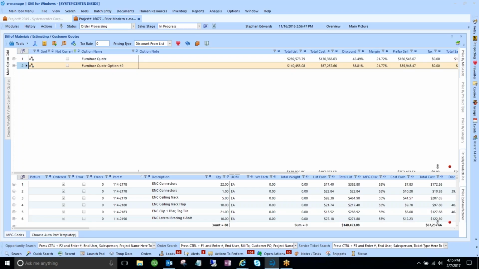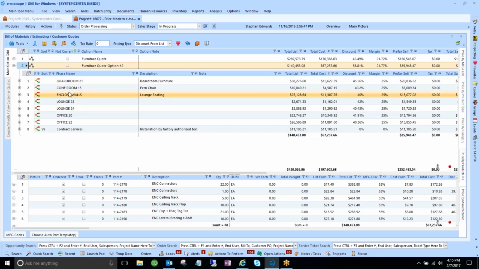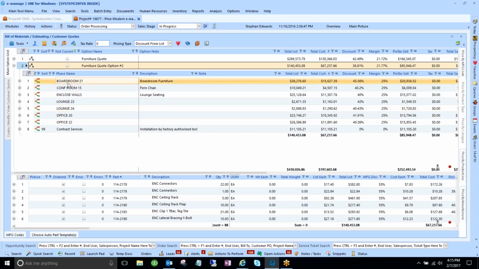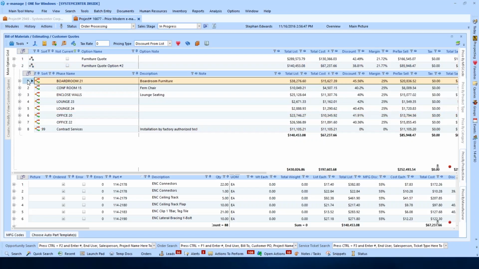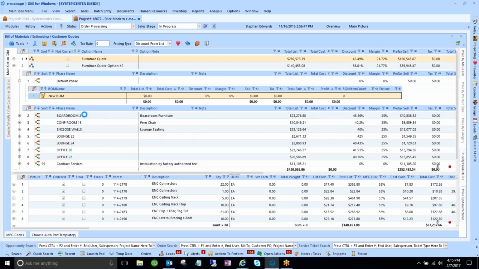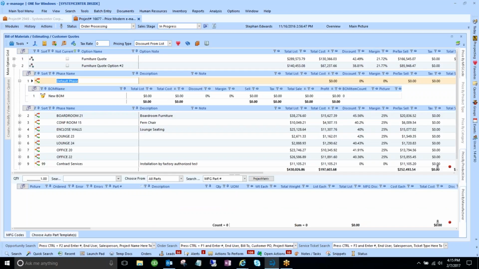So I'm going to do a run through, and basically I'm going to give an example of a typical project that you've worked on where I have a furniture quote. I'm going to use this furniture quote, option number 2. I'm going to open it up, and I have all these different groupings. So these are different areas. I have a boardroom, a conference room, some enclosed walls, and so on. And I want to add a new phase and a new grouping. I'm going to call this ancillary,